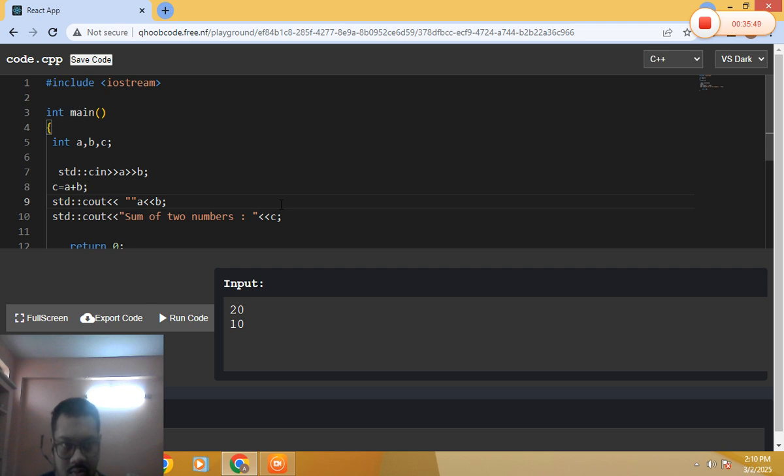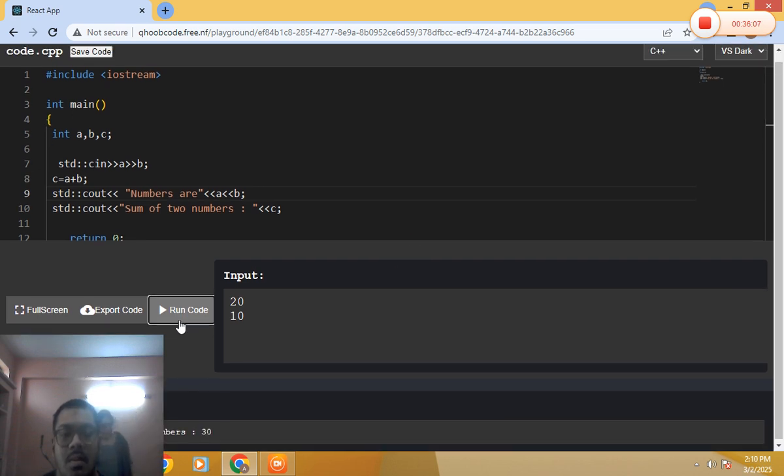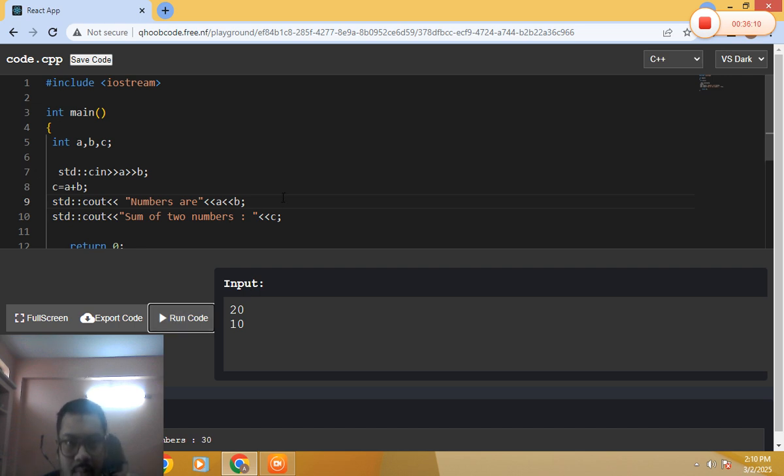So numbers are A and B. So whatever I have entered in the input box, it's showing here, it's 2010. So let's give some space. Numbers are